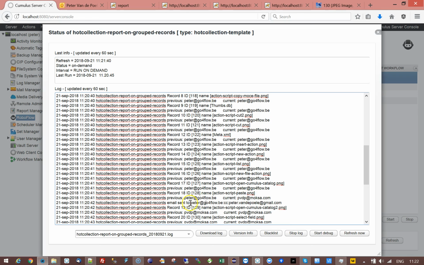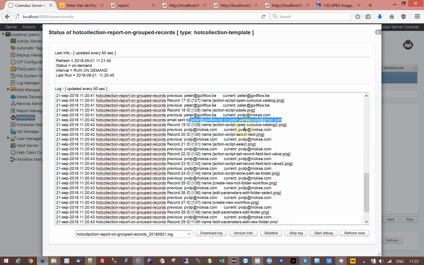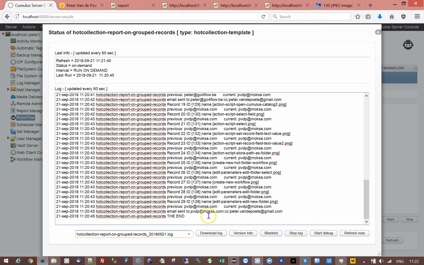So it terminates this list by sending the email notification to this person, and then it continues. And then it goes all the way to the end, and at the end it sees, okay, it's the final record, so I need to send out my final record, and it sends it to that final list, to that final group. If I look at the email,